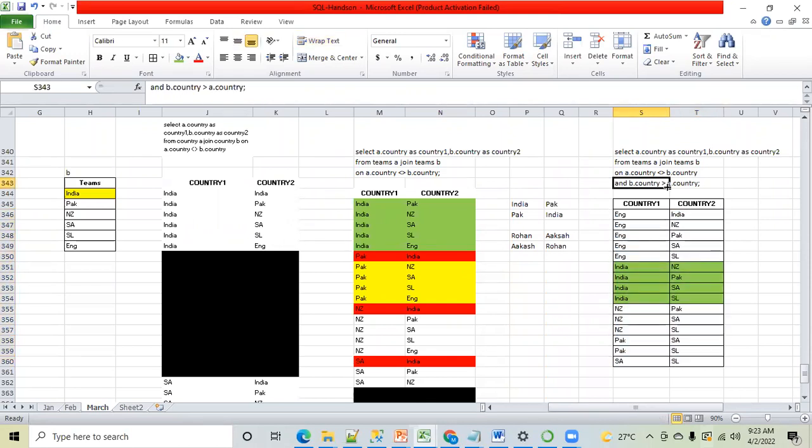Now let's try to understand what exactly is happening here in this query. We got the output, but now let's understand the significance of this one, because I think apart from this, all the other concepts are clear, right? Any question on this one? Is not equal to, is this clear? I hope this is clear. So this was the main intention of this question, to make you understand the importance of this greater than. Now let's try to understand this.